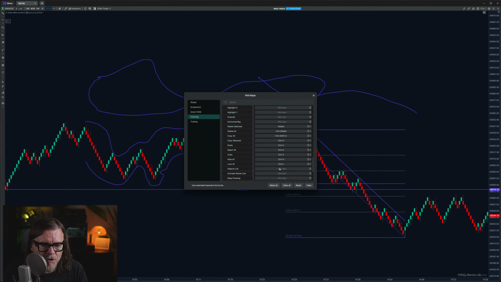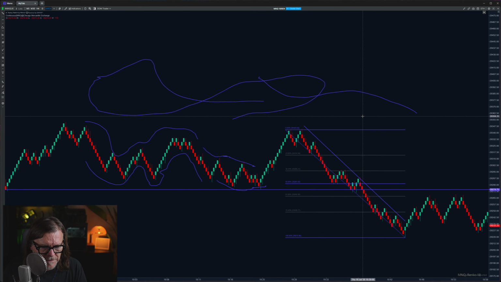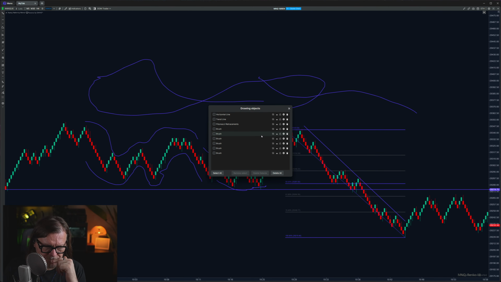Objects list. Yeah, objects list. For instance, Control Shift F1. Control Shift 1. It's actually quite a good shortcut, isn't it? Control Shift 1. You can do it with your left hand. And this way, I will click Control Shift 1 and I have the drawing objects list. And this way, I can actually hide some drawing objects which I don't need temporarily, or if I'm going to